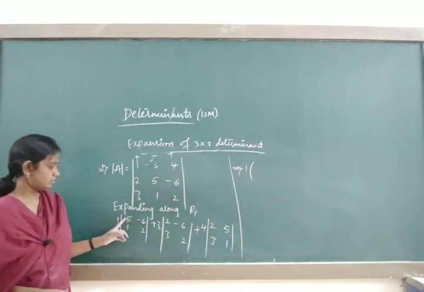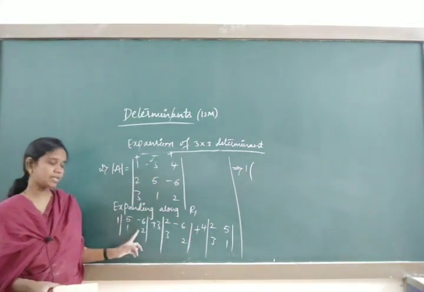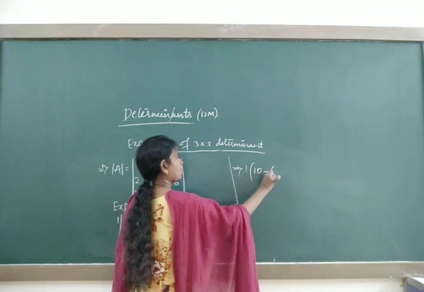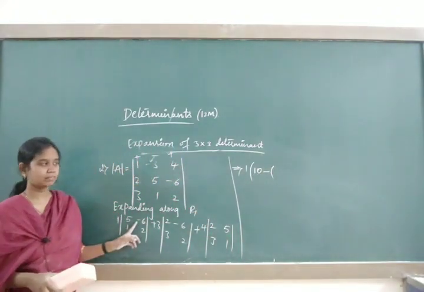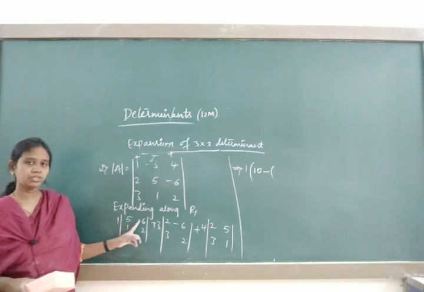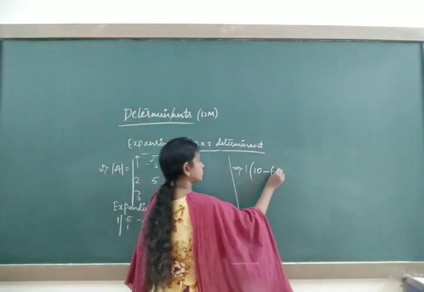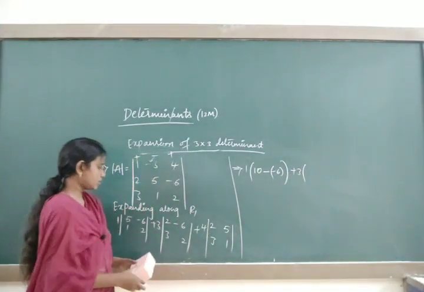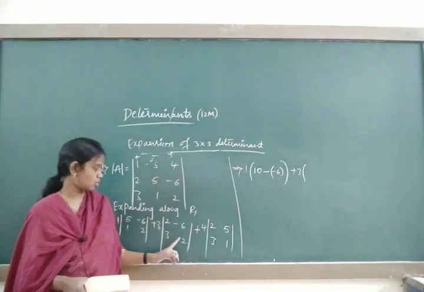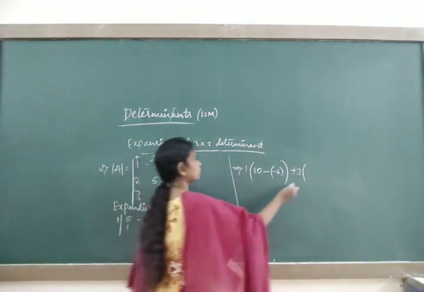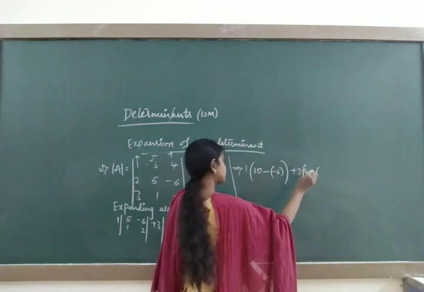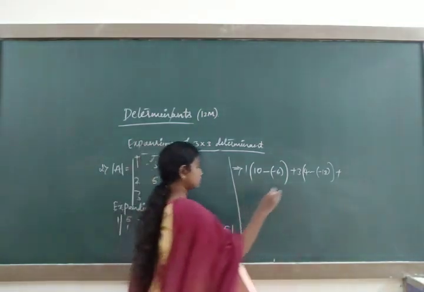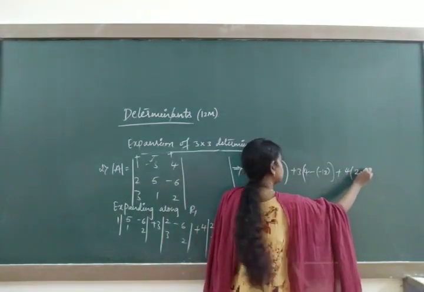So now expand this one with the help of 2 cross 2 determinants. You know that, multiply the primary diagonal, 5 2s are 10. While moving to the secondary diagonal, always take minus, so I kept there minus 1 into 6, it's a minus 6. Plus 3 of this one is primary diagonal, 2 4s are 4 minus 6 3s are minus 18. Plus this is 4, 2 minus 15.